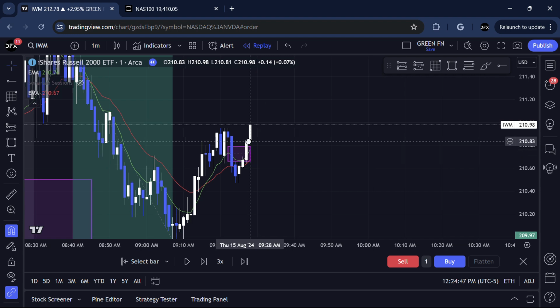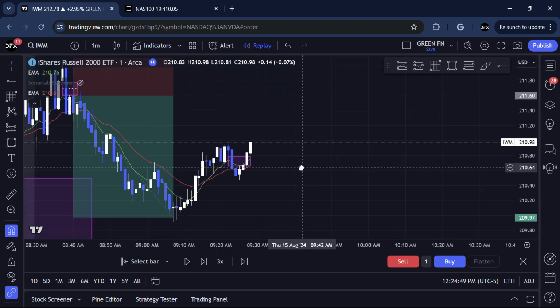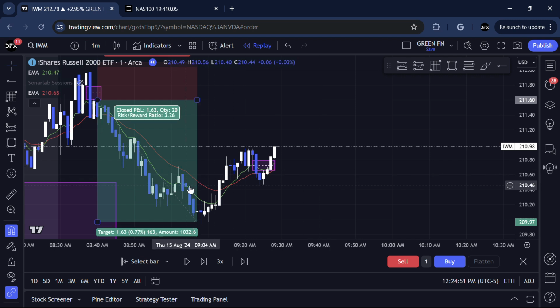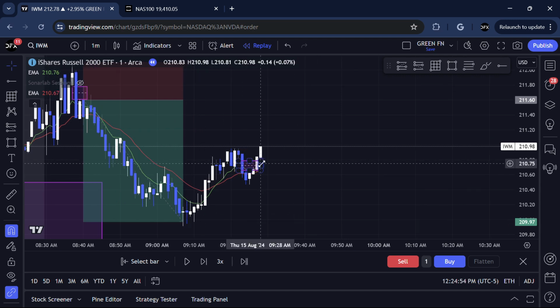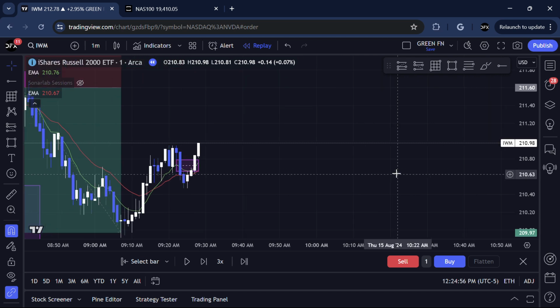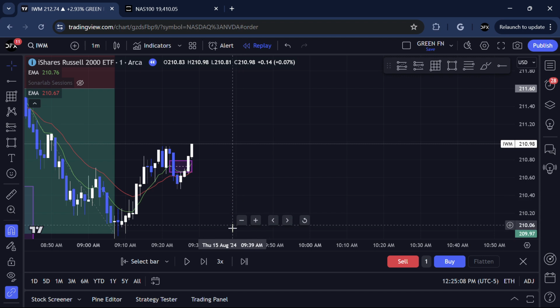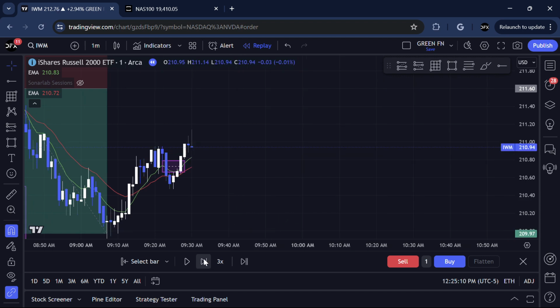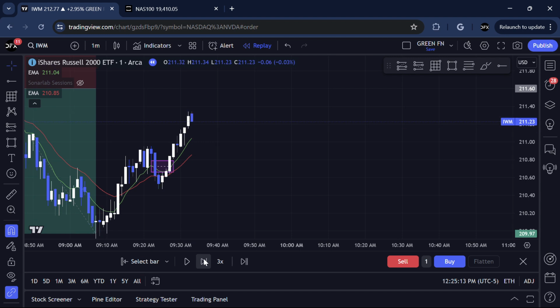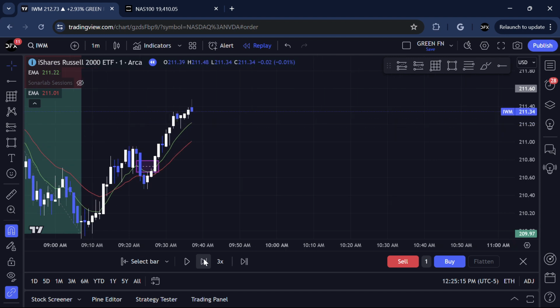I wasn't paying attention to the charts at this time. I feel like I got a little bit overconfident at this trade, and I just wasn't paying attention. I wasn't using my full potential, so I missed out. So what happened here is that we had this imbalance, and then it completely inversed it. We could see that the EMAs are tightening up, so automatically that already tells us we're going to have something to come back into it.